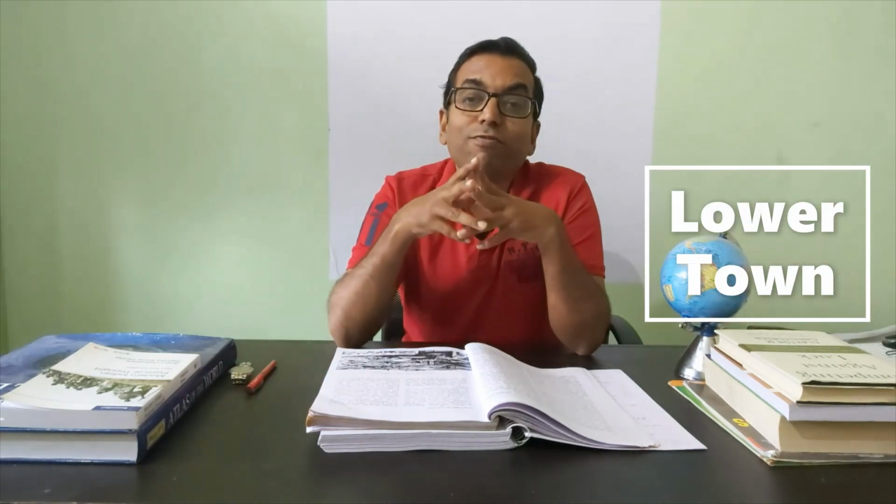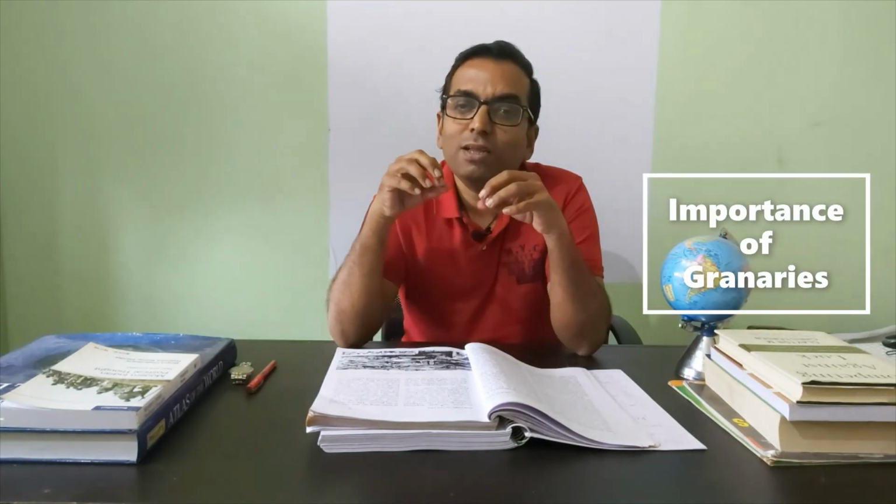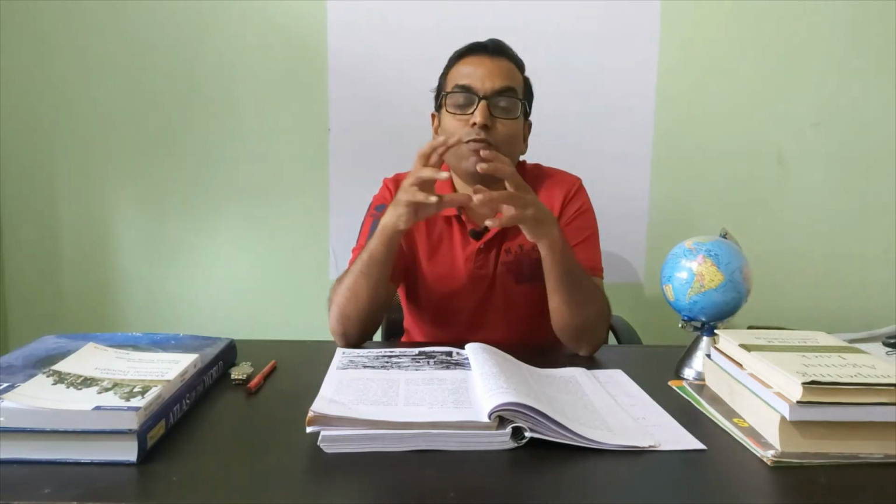When we are talking about the upper town, for example in case of Harappa, the most important concept comes of granaries, because in the upper town there were very prominent granaries, very beautifully done in context of Harappa. It was near to the seashore because it was easy to transport, and secondly, in times of need, you need a large amount of grains. Otherwise also the upper town was not cultivating, or you can say growing, any kind of food crops. It was more of a service class, more of a ruling class, more of a merchant class.